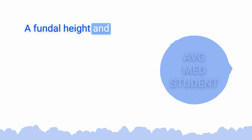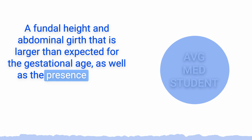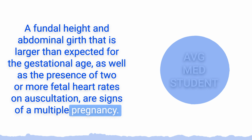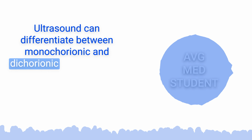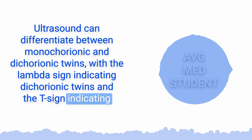A fundal height and abdominal girth that is larger than expected for the gestational age, as well as the presence of 2 or more fetal heart rates on auscultation, are signs of a multiple pregnancy. Ultrasound can differentiate between monochorionic and dichorionic twins, with the lambda sign indicating dichorionic twins and the T sign indicating